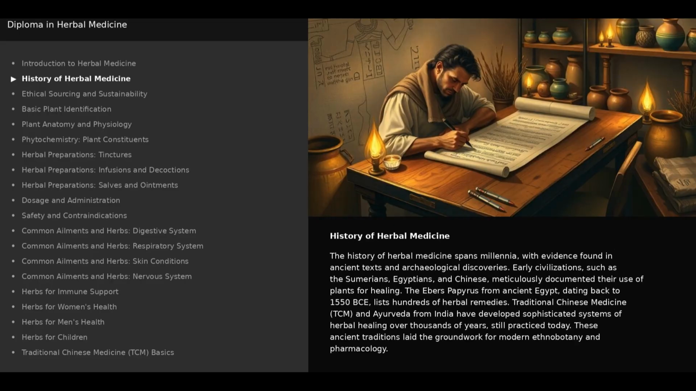History of herbal medicine. The history of herbal medicine spans millennia, with evidence found in ancient texts and archaeological discoveries. Early civilizations, such as the Sumerians, Egyptians, and Chinese, meticulously documented their use of plants for healing. The Ebers Papyrus from ancient Egypt, dating back to 1550 BCE, lists hundreds of herbal remedies. Traditional Chinese medicine, TCM, and Ayurveda from India have developed sophisticated systems of herbal healing over thousands of years, still